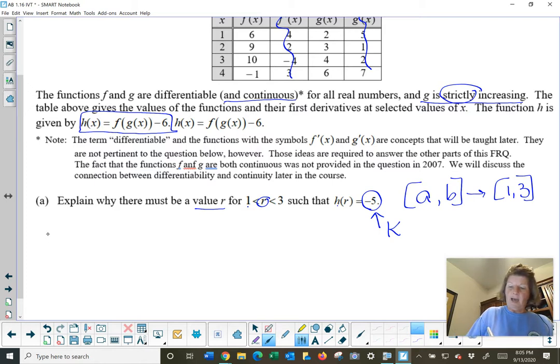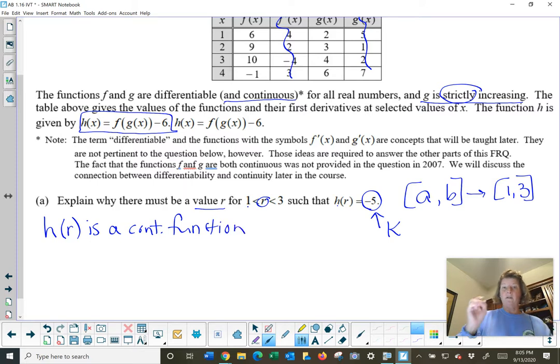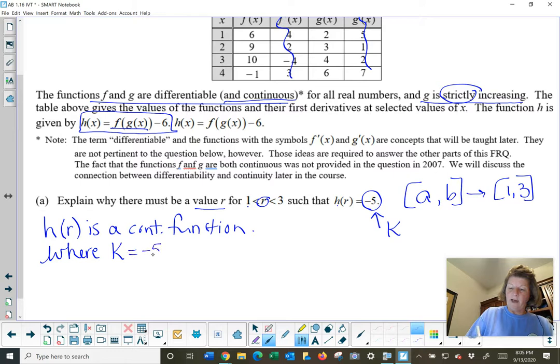So I would have to say h of x is a continuous function, and it is continuous because it's a composite of two other continuous functions, right? It is a composite function built from two continuous functions, is a continuous function. And let k equal -5